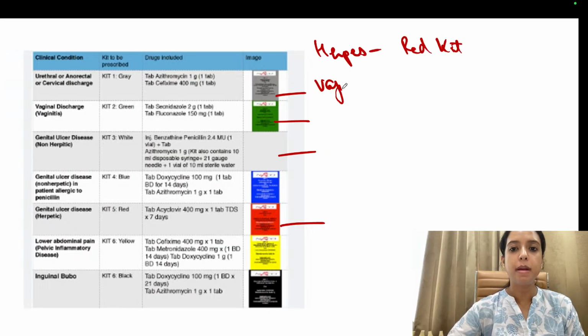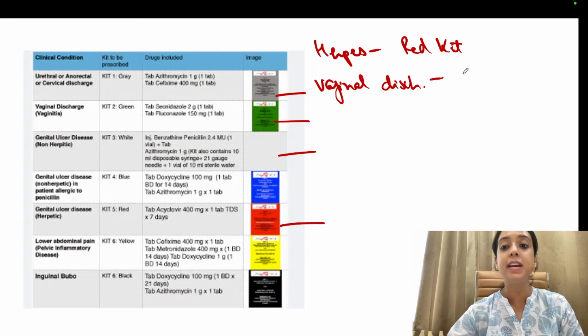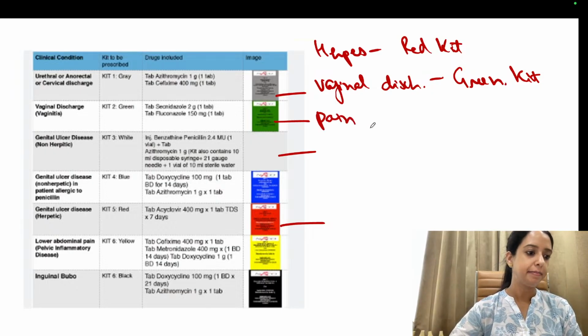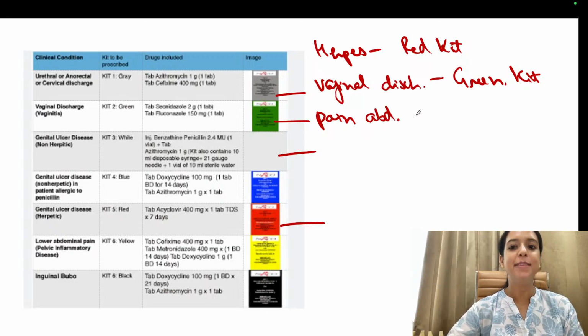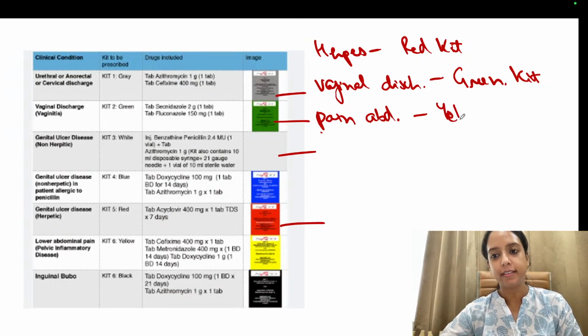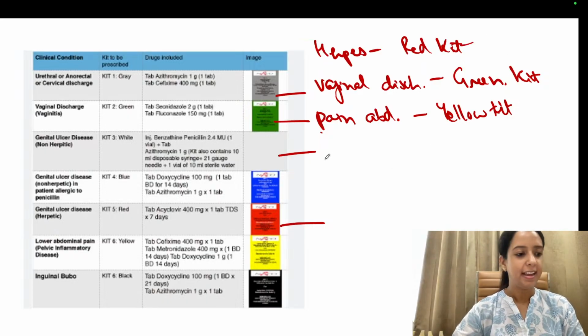Vaginal discharge, do you remember a infection causing green discharge, trichomonas? So usse yaad rakho, vaginal discharge can be green because of trichomonas, so green kit. पेट में दर्द, PID, pain abdomen, indicating, हाँ, brown added new, pain abdomen. So P for pain, P for पीला, yellow kit. You can also remember दर्द से लाल पीला होना. लाल is done, so yellow kit. ठीक है. अब आते हैं